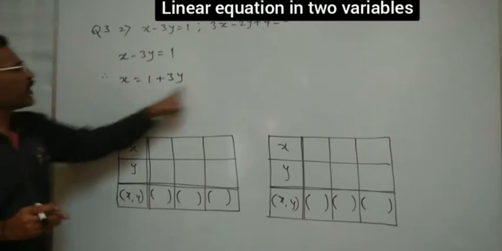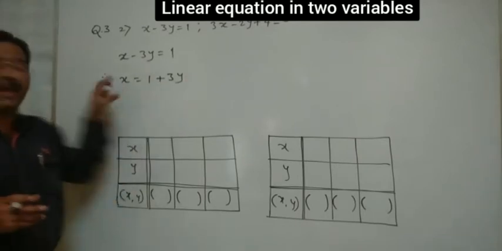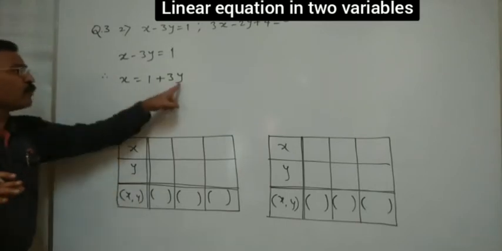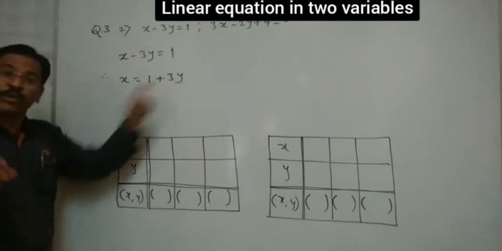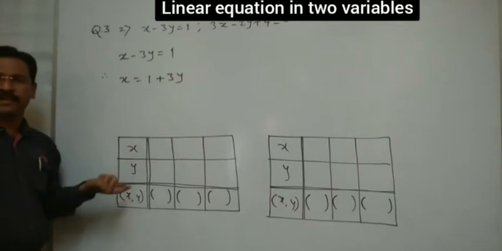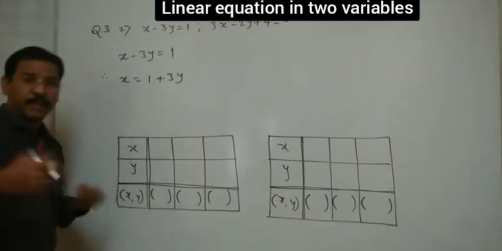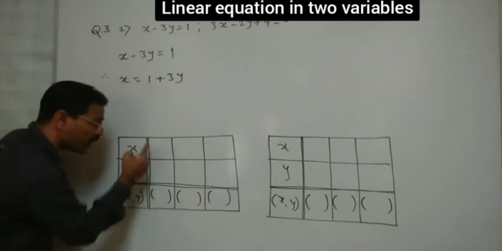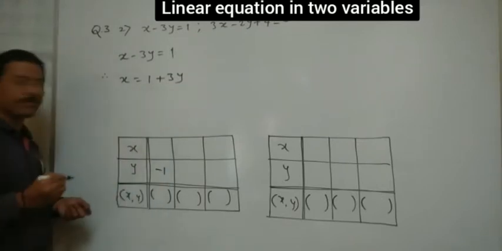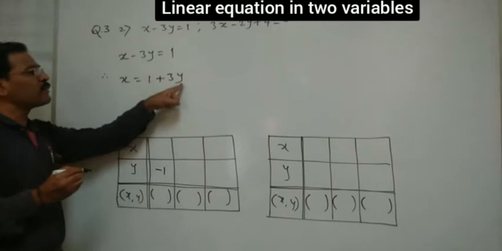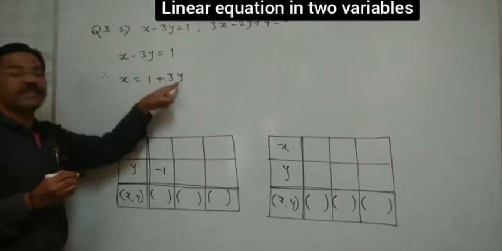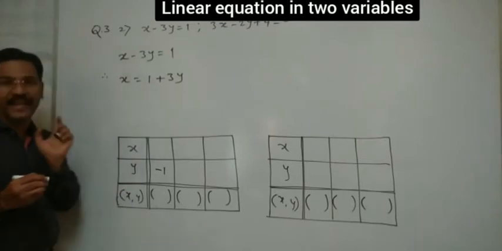Okay, now let's solve this one. Now look here, you can put any value of y. Why? Because there is no denominator. Yes? So tell me first which value of y you can take here now. Okay, if you take here minus 1. Let's see here. Sometimes you can put negative numbers also. Minus 1. Okay, look here. Now put minus 1. What will you get here? If we put minus 1, 3 ones are 3. That is minus 3. So 1 minus 3, minus 2 we will get here.